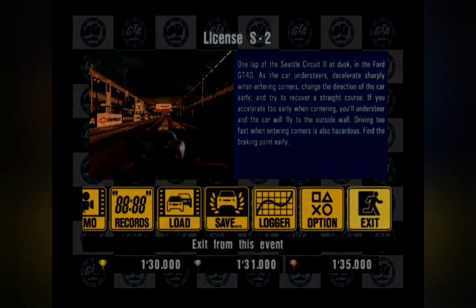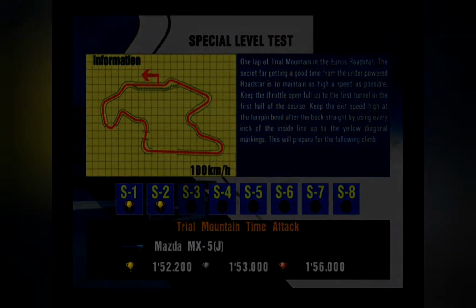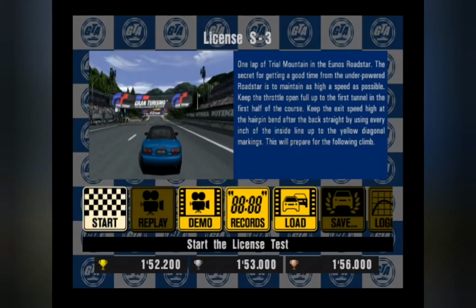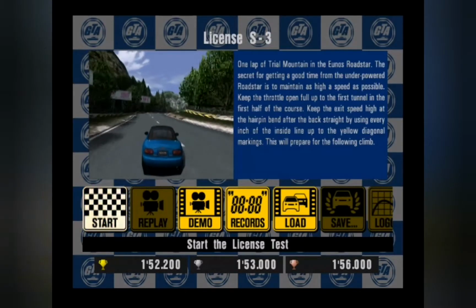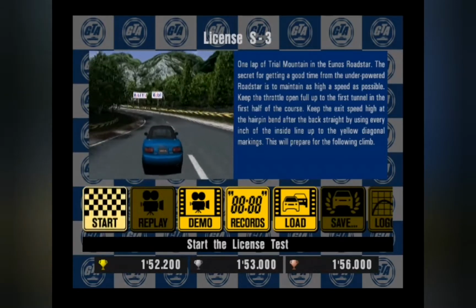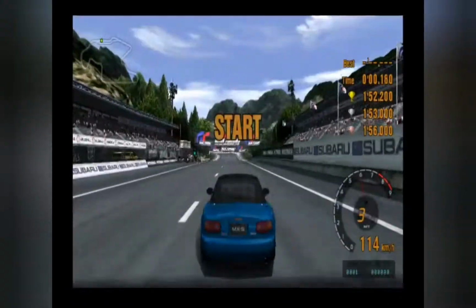now we can move on to task number 3, where hopefully it will not be as hard as the first 2 were, and where we are going to Trial Mountain, and the car we are driving is a Mazda MX-5. So hopefully this will be nowhere near as hard as the previous 2, but I would imagine it will still take me some time to get the gold. But hopefully this time I will be able to get a lap in without too much trouble. So let's go for it